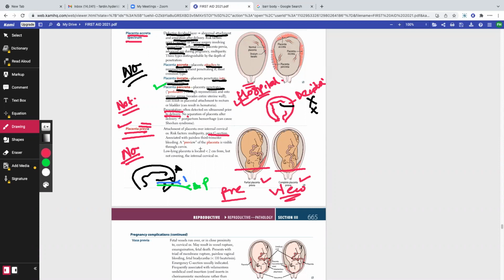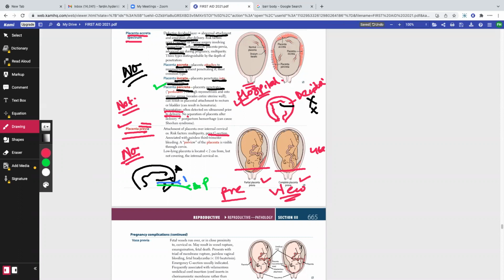Now, the question of the hour is: are you willing to allow normal vaginal delivery in these patients? Yes or no? No, right? Because why? It's common sense, right? If the placenta is attached over here, in normal vaginal delivery, the fetus will come through over here. So will they come out with the placenta and the placenta will come off and there will be excessive bleeding and the fetus will be distressed? The answer is yes. Okay. So always go for cesarean section.